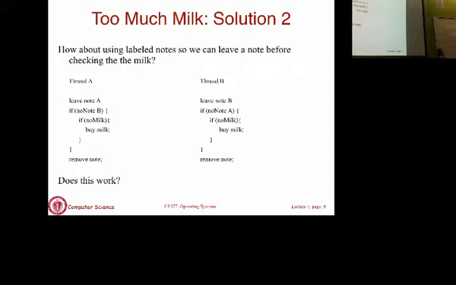Okay? This is the equivalent of you left a note, but before you looked at the fridge, you went to the bathroom or some such thing, and you came back, you saw a note from your roommate, and you assume that your roommate is going to buy milk, so you decide to do something else, and your roommate sees your note, and neither of you are buying milk. So this is going to have the opposite problem of not having any milk at all. The previous solution actually had too much milk. Here you have no milk.